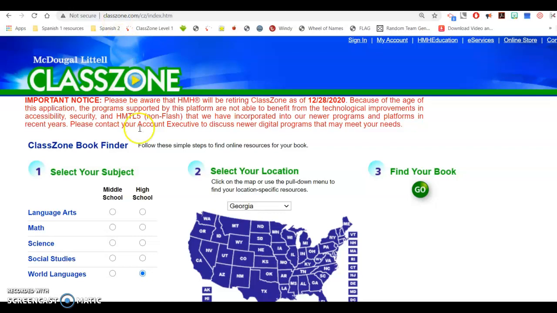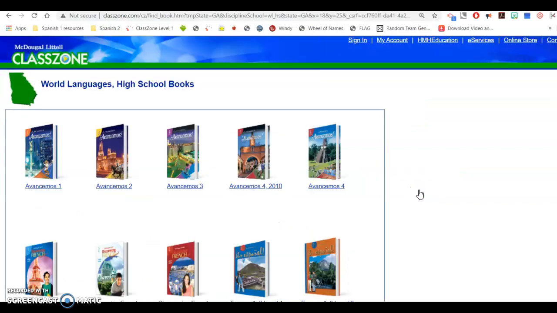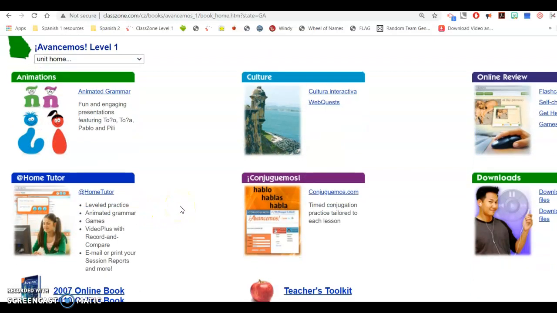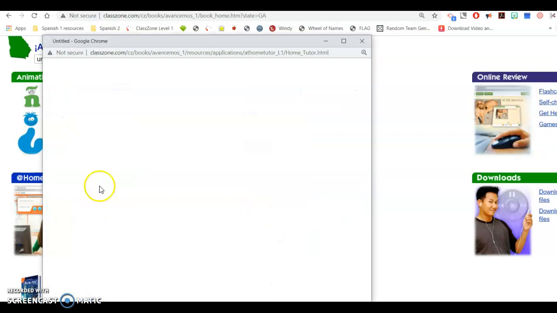In here, we're going to select World Languages for high school. You're going to select your state and you're going to find your book and you will hit go. In here, you're going to select Avancemos Uno because that is the textbook that we are using. And what you will be looking for is going to be the at-home tutor, okay? The at-home tutor. So you're going to click on the at-home tutor